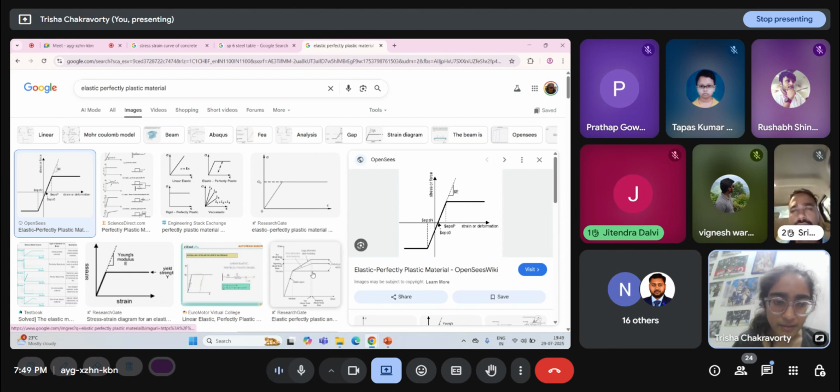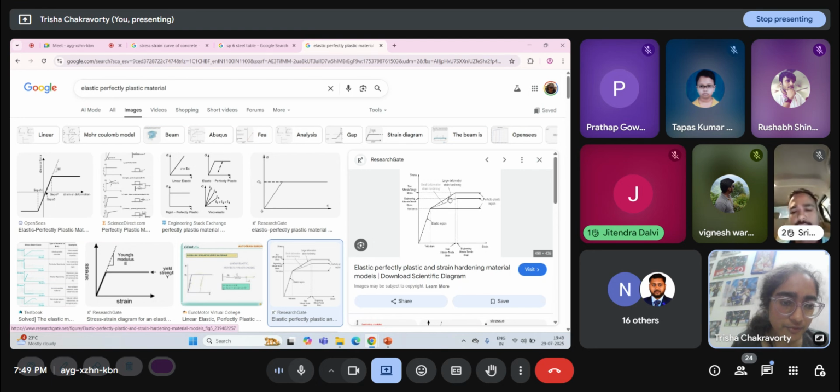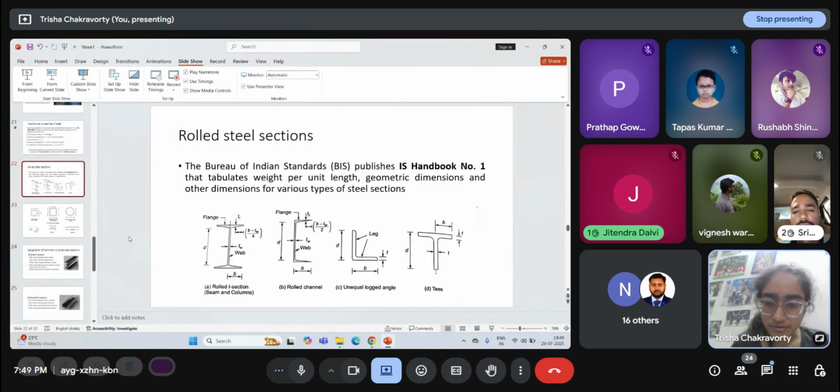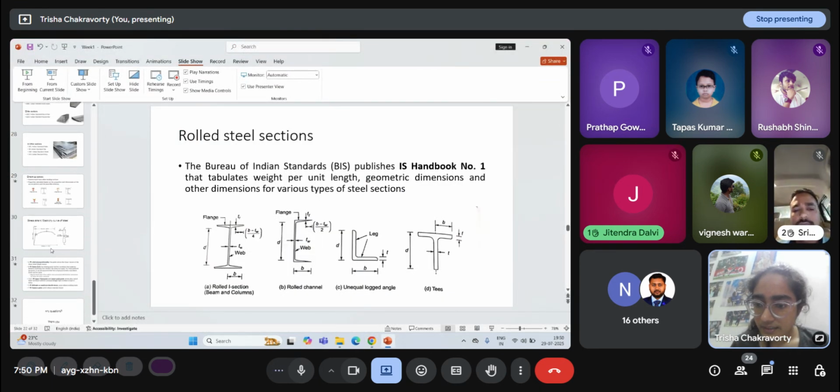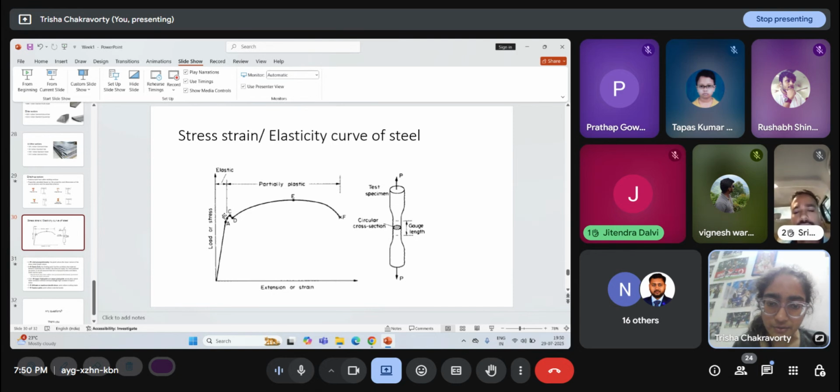But in our steel, there is some kind of increase right here in the graph. If you see, this line is not perfectly parallel to the x-axis. It has some kind of curvature. So if you look at this C to E zone, the increase in strain has been so much, but there has been some increase in the stress. At point C-D this is 250, and corresponding to E this is 410. Do you get it?